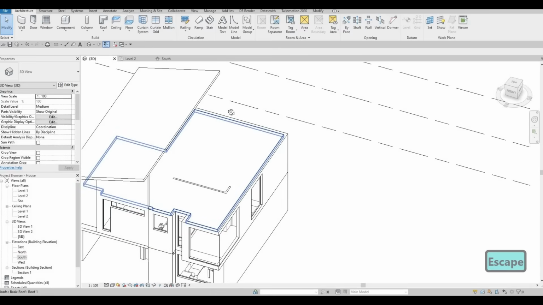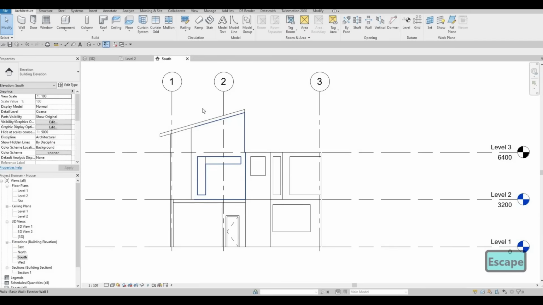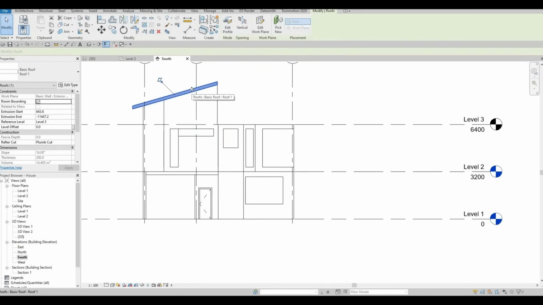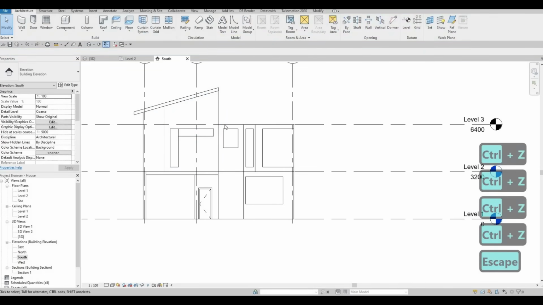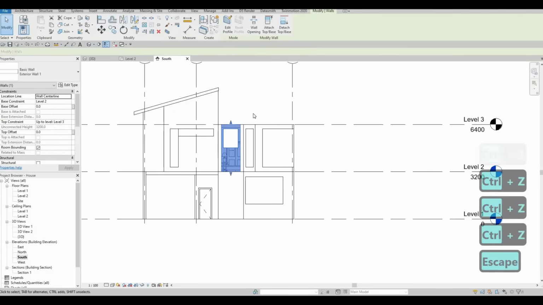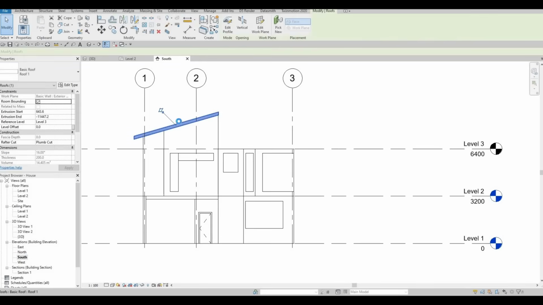Later on we could remove this if we want to, but for now I'm just estimating on how tall I want this one to be, so we could actually move it a little bit if we want to. So something like that. We could attach it on this wall, so I'm gonna undo that, and then we could move this one up. So we're going to add another one. We can notch this one a little bit down,